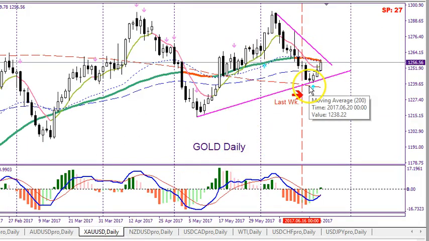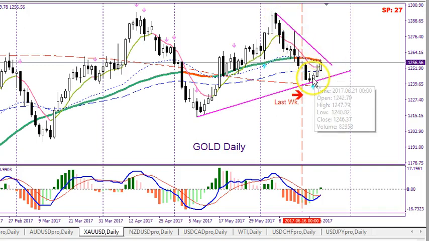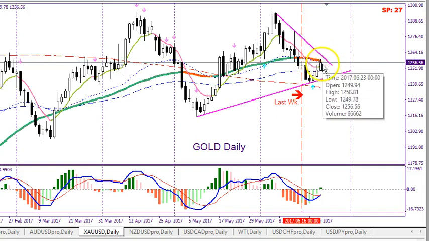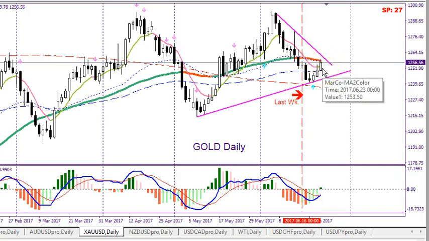You can see it's come down quite a bit. It's bounced off the support. It's come up in a pullback. So here's the downward movement. Here's the pullback. But you can see now that with this last bullish white bar on last Friday, it is now sitting just at the moving average here. Okay, that's the 50 moving average. So price may go higher, may come down lower. You can see this triangle. So price right now is in the triangle consolidation phase, and again, it's a wait and see situation for gold.